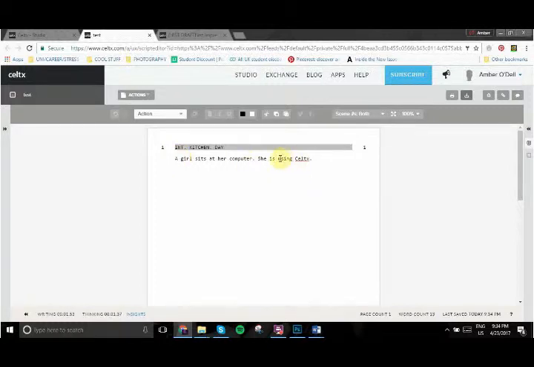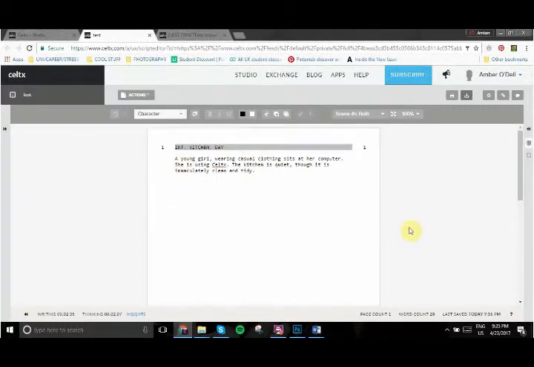Typically at the start, the action should be a fairly detailed description about what's going on, just to set the scene. So we'll have a young girl, casual clothing, sits at her computer. Perhaps we could have a description of the room she is in. Quiet. We'll just leave it with that for now, and then we're going to move down